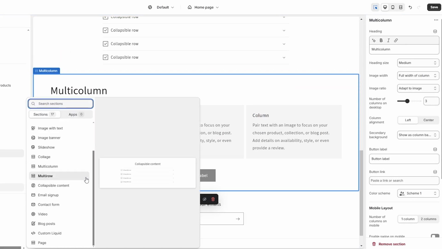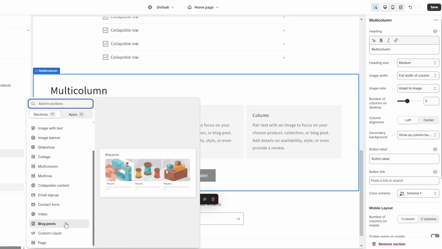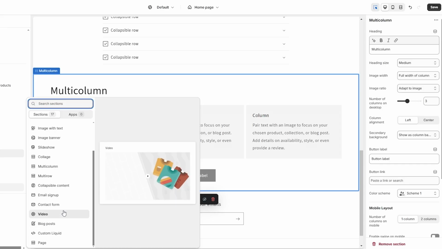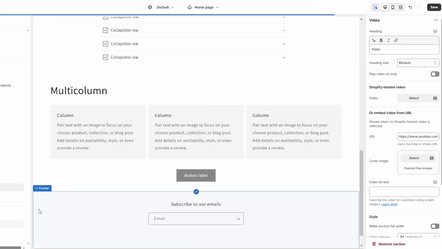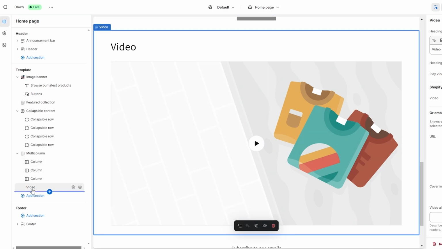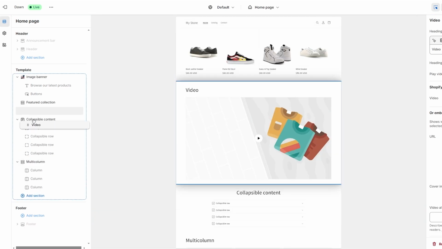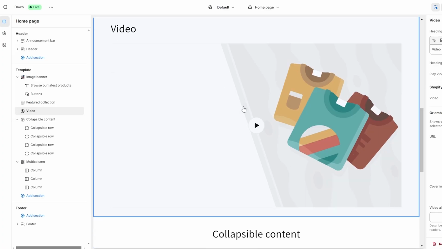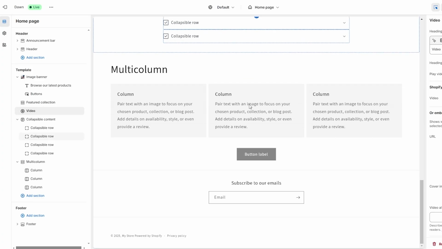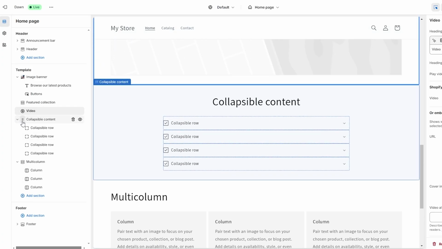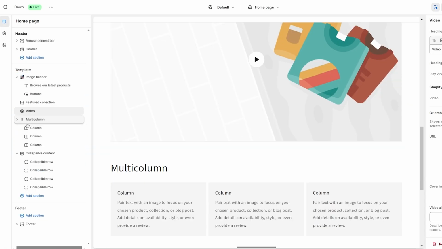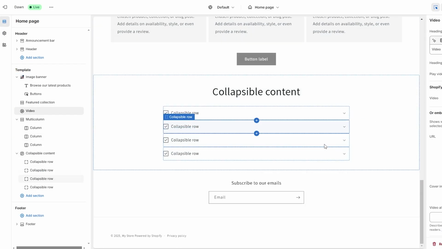And then we also need one more. I think if we add, for example, a video, that would actually look pretty cool as well. So we can add a video right here, and we'll move this video right here, right underneath our product section. Here we'll have our FAQs and our reviews. Actually, we'll move the reviews up over here, and then we'll have our FAQ section, and then we have our